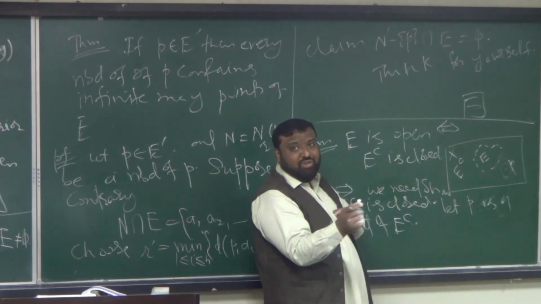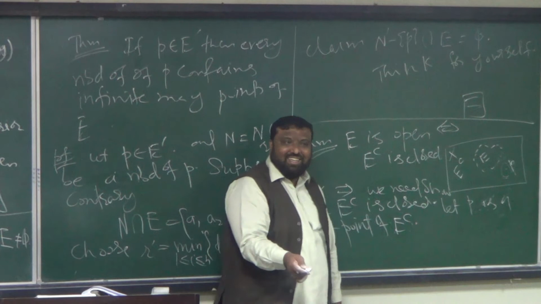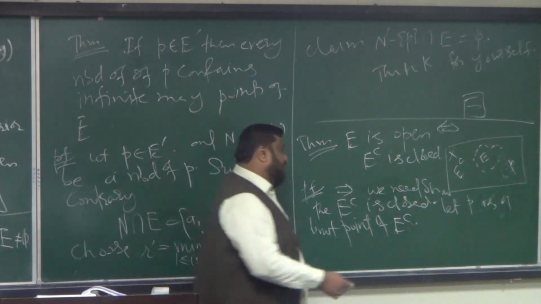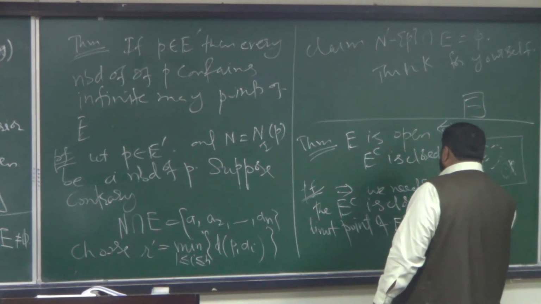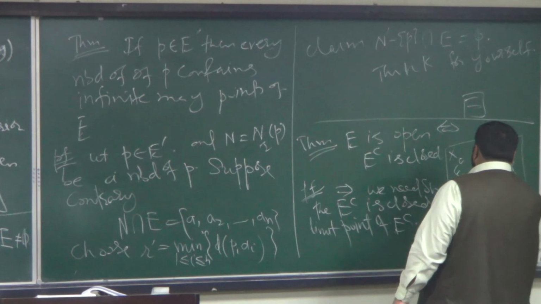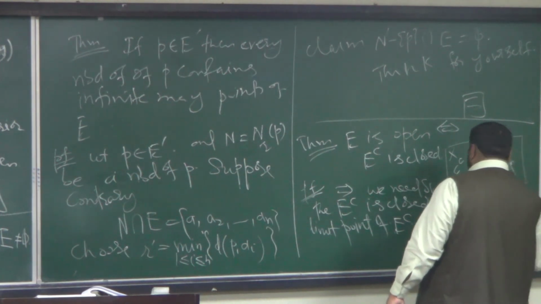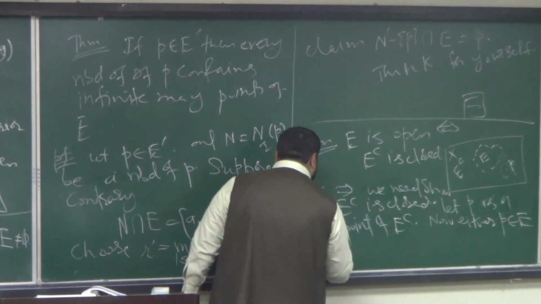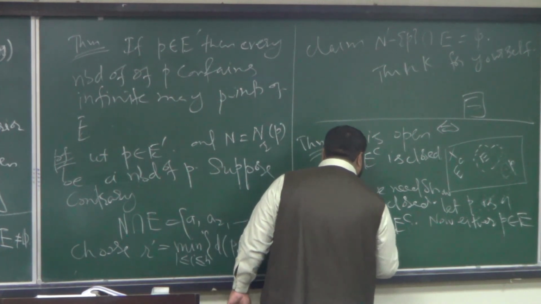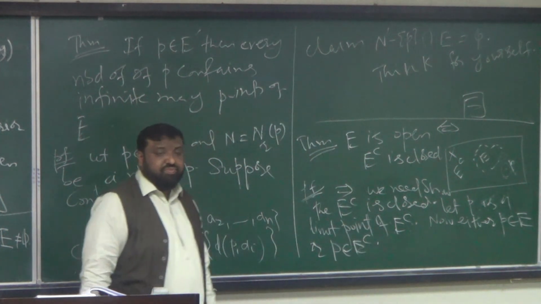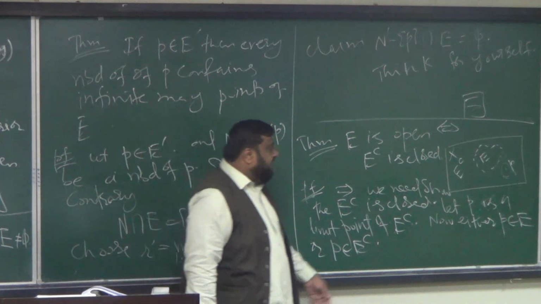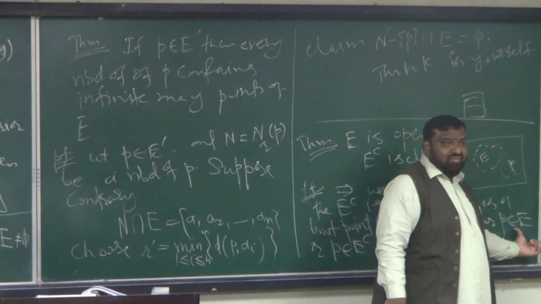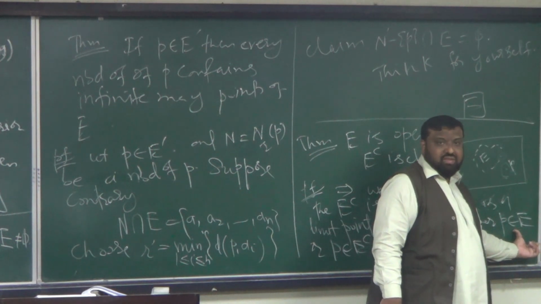So we're going to say that either P belongs to E or P belongs to E complement. We're going to show that P belonging to E is a troublemaking thing, so we must give the reference that